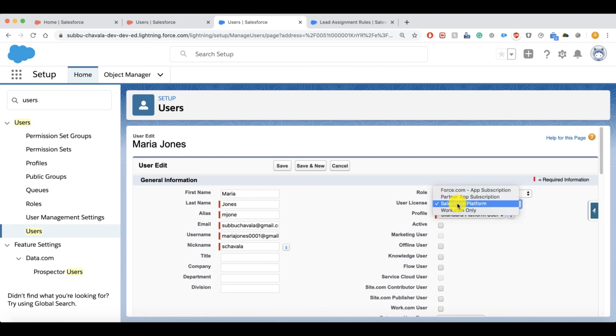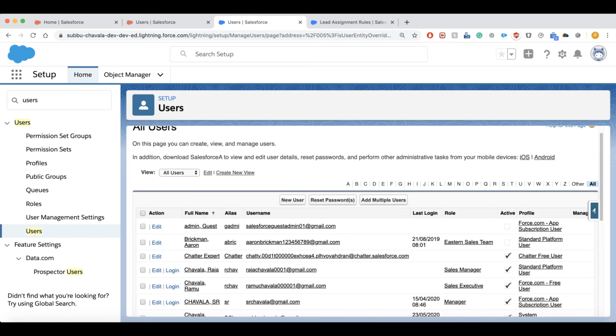Click on edit. This is the developer edition, that's why we haven't got plenty of Salesforce licenses. If it is in real time, we can assign that profile to this user. That's the way we can create the profiles and assign them to the users. Now you have to understand how to set object level security on profiles.